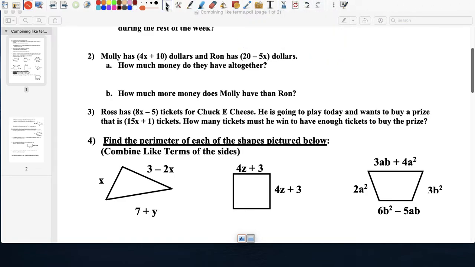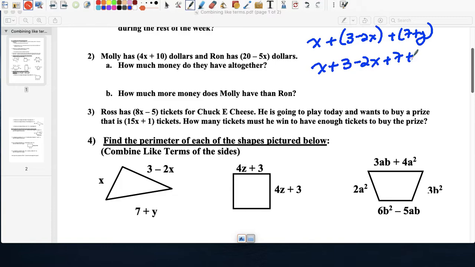4, find the perimeter of, okay, so find the perimeter is just adding, right, all the sides. So the triangle will be x. And again, although we don't need it, and you probably can skip this step, it's this side plus this side, which is represented by 3 minus 2x plus 7 plus y, which represents the other side. Because we're adding, I really didn't need to do that, so I could have